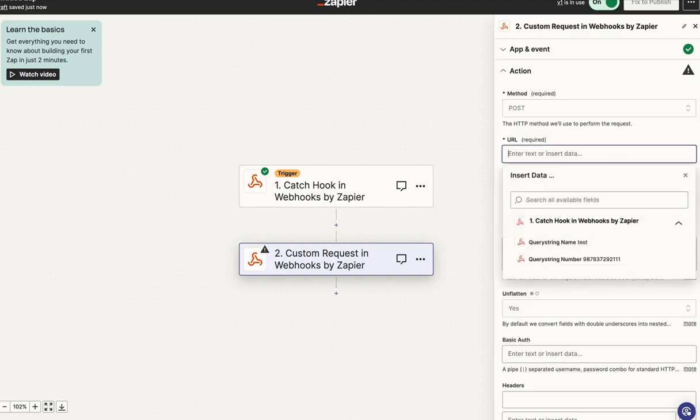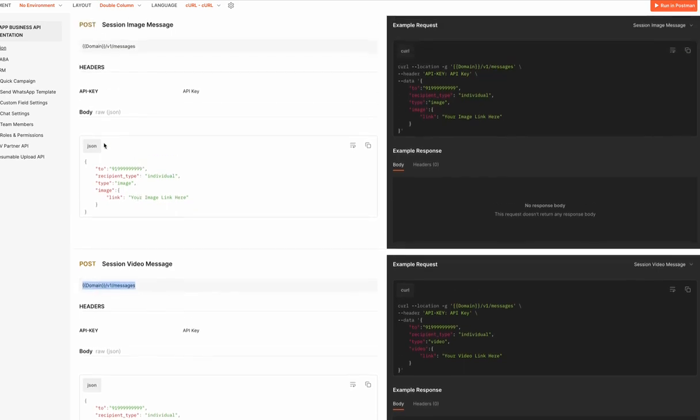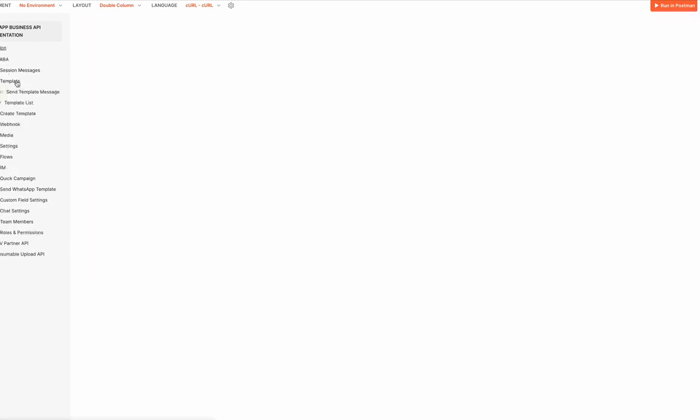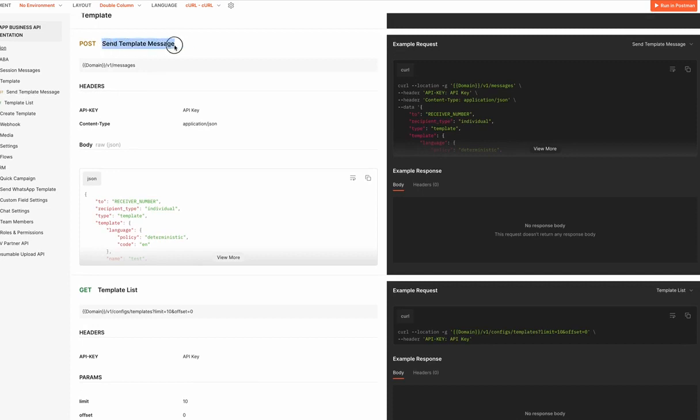In the URL, so we have this API documentation. Kindly refer our API documentation. Here we have the option of domain, which is variable. We have to go to VABA template, send template message folder. So you're basically sending template messages to your user. So this is basically the URL, wherein the domain is variable